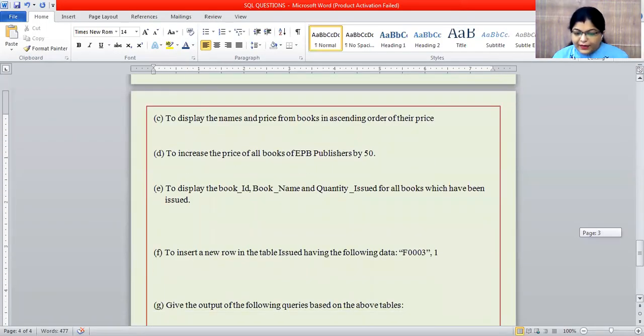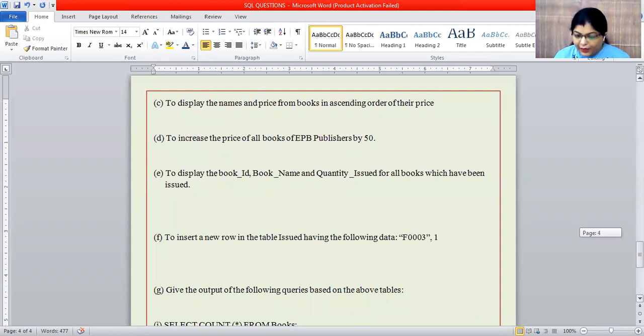To display the name and price from the books. Now we want two things, name and price from books in ascending order of their price. I already told you, wherever ascending order or descending order comes, it means you have to use the order by clause. So what do we have to write? Select name. We will not write only name. What is the field name? You have to write only that.